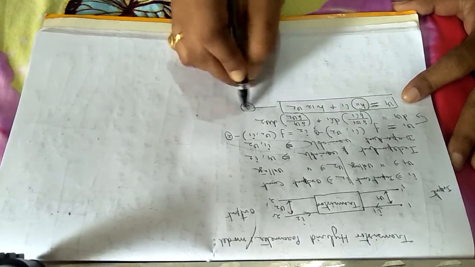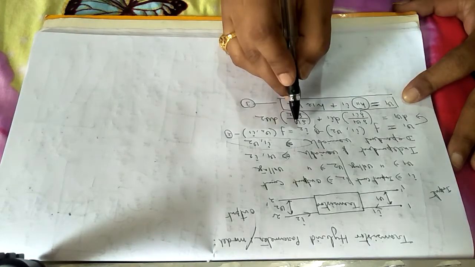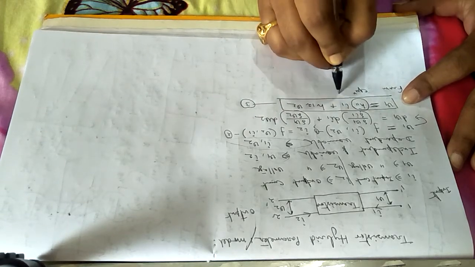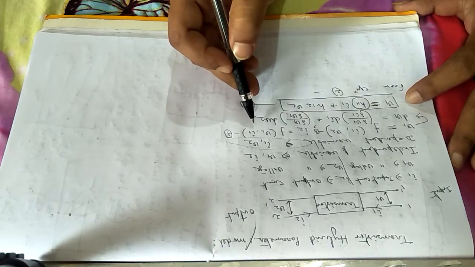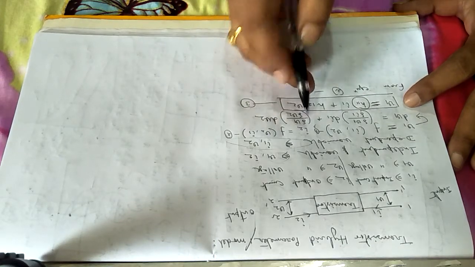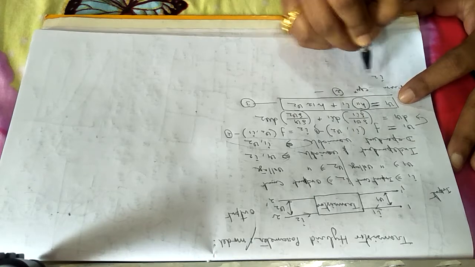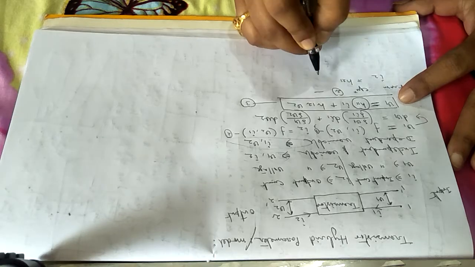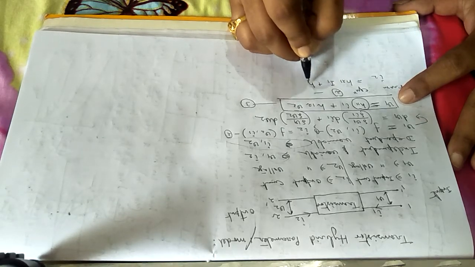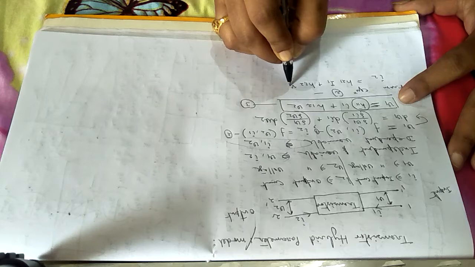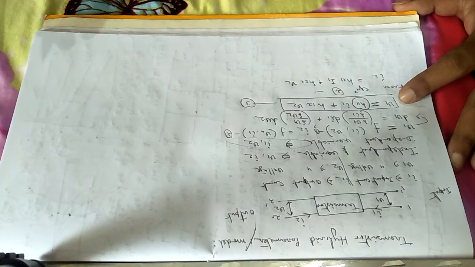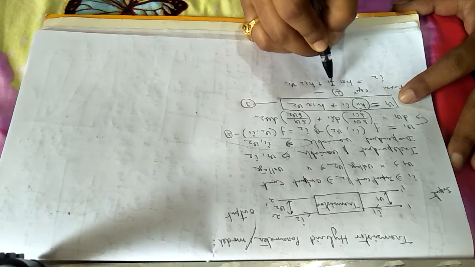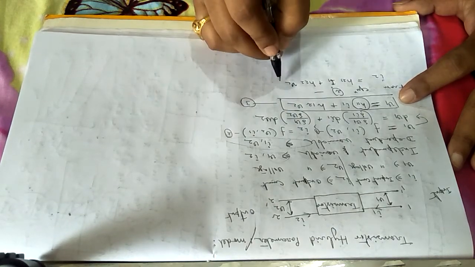Let me make it equation number 3. Similarly, when you try from equation number 2, in the same method that you are taking first the partial differentiation, then directly writing the value of I2, you will get I2 equals H21 into I1 plus H22 into V2. You can write both in capital or small, whatever you want, don't bother about that.